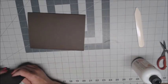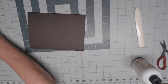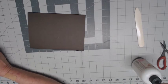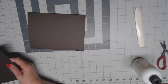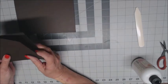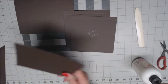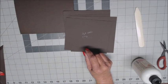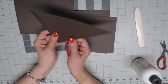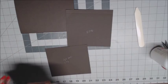Page 2 and on the back of page 2. So I'm going to put this over here with page 1. Those are the ones. So on the back of page 2, you want to cut 2 5.5 by 6, and you want to score them at 1/2 inch on the top. And then you want a 5 by 6, and then you're going to cut a 5.5 by 7, and then you're going to cut it in the middle to make a diagonal. So what we're going to do is create our